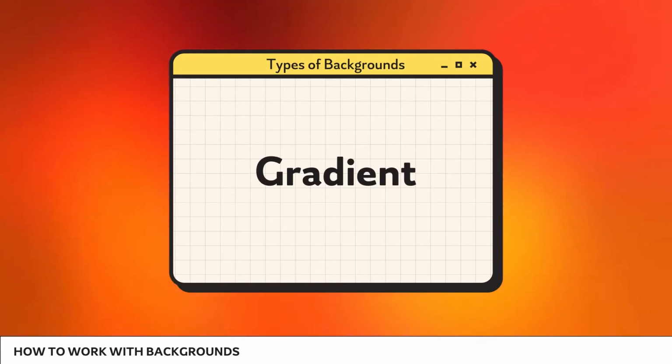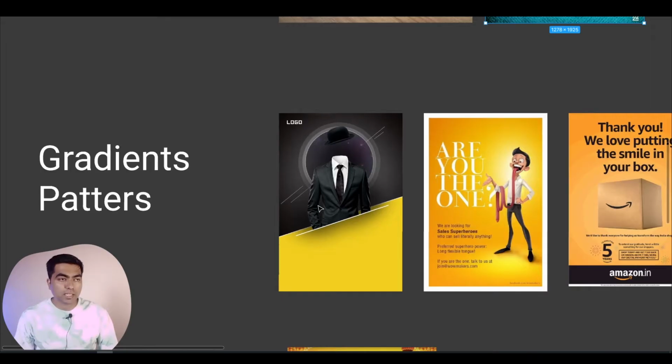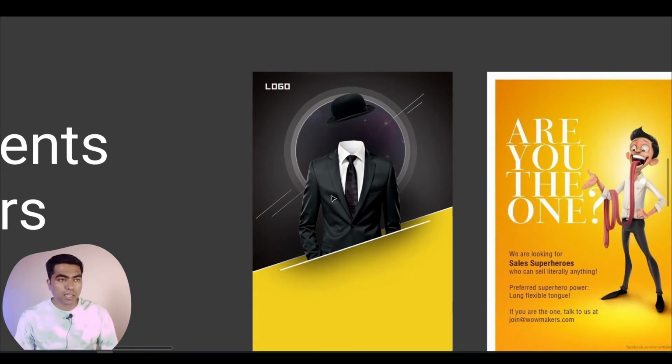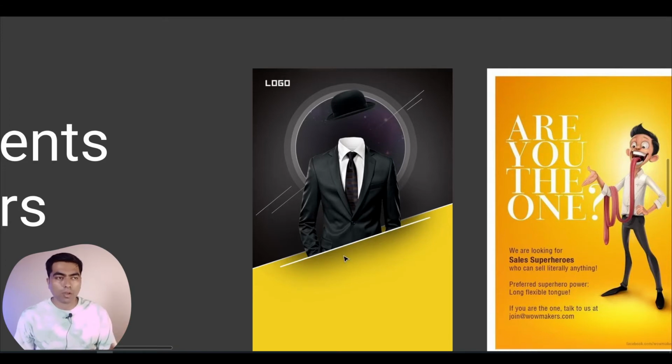The next one is my favorite by far, which is a very easy way to create depth. In this example, you can see they have photography of a suit which is lit from the top left, and they have used sort of a vignette to create almost a depth on this, and also they have added some shadow in the same direction as the light.